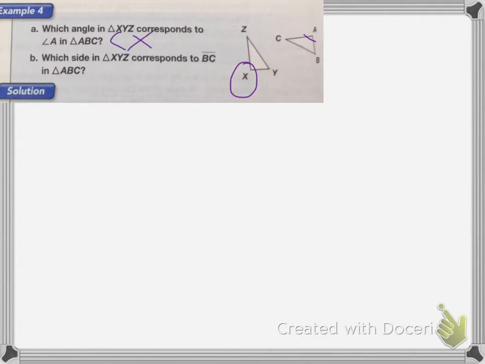Angle X. And then it asks which side is the same as side BC. So side BC here is my long side, which looks like it's going to be the same as side ZY. So it's going to be ZY. Segment ZY is the same. And that's it for this